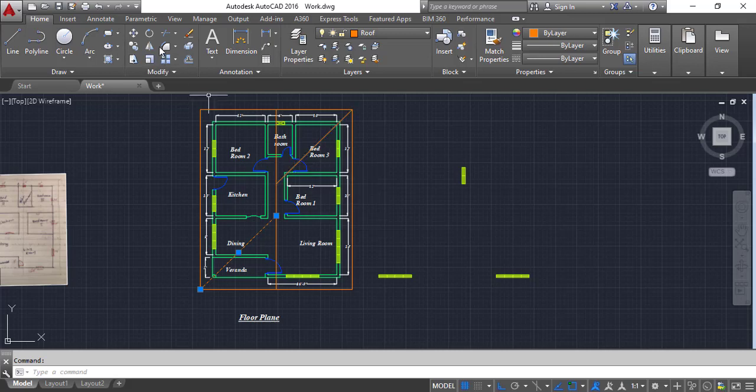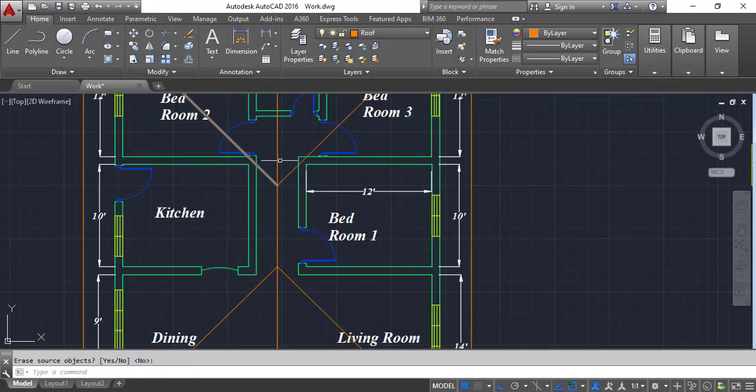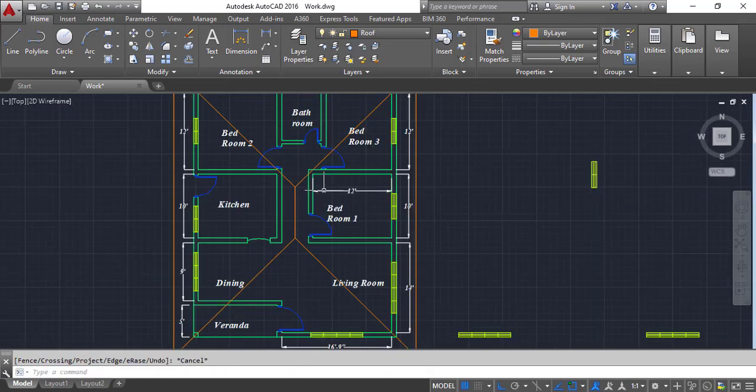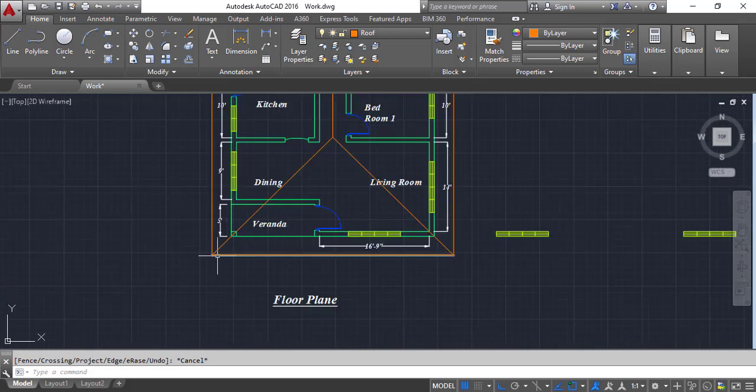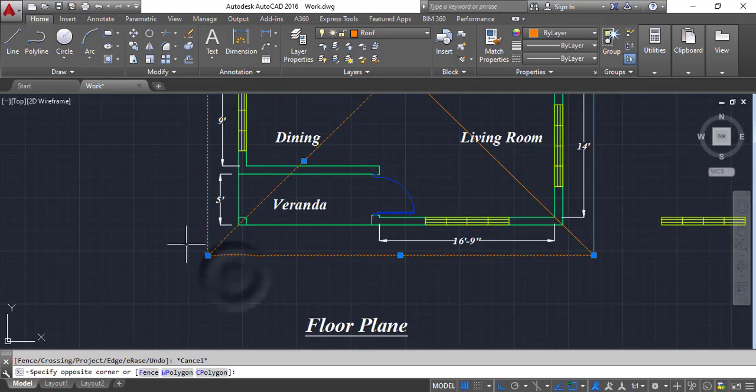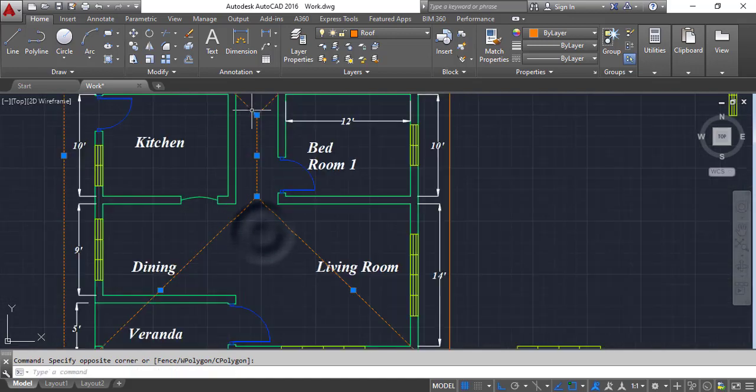and you can mirror this one. Press enter, or you can press space bar for the enter, mirror, okay, enter. And I want to trim this one, trim, click here, this one, right click, trim both lines. This is the hip roof for the plan view, and you can select this line